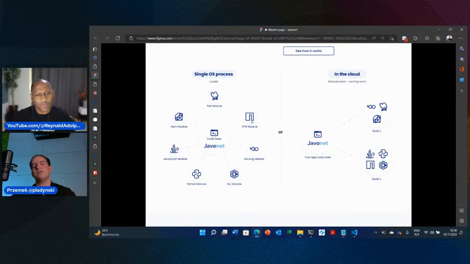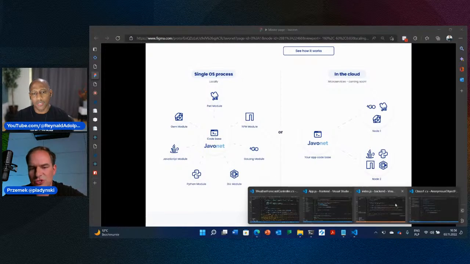But what if you would like to scale out your application and suddenly want to say, I want my Python Open Weather module to be running on different node. I don't want it to have in my process again. So that's another in the cloud approach. So with Javonet, you don't need to drop your code, start creating a web service that will host your Python and consume it, but you can do something much more simpler, what I will show you right now.